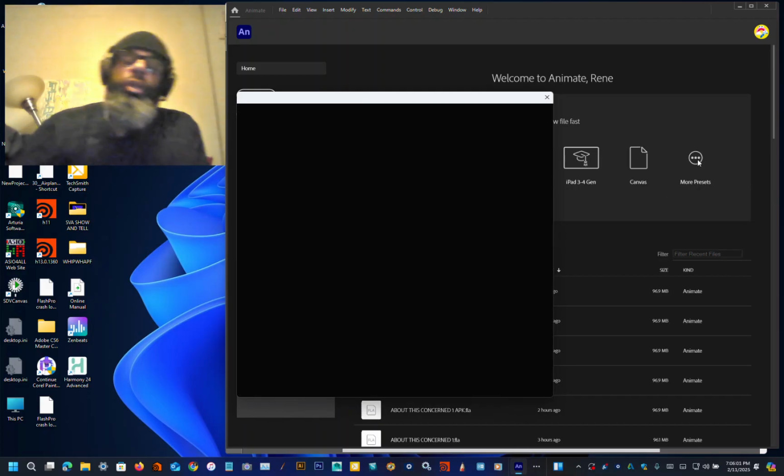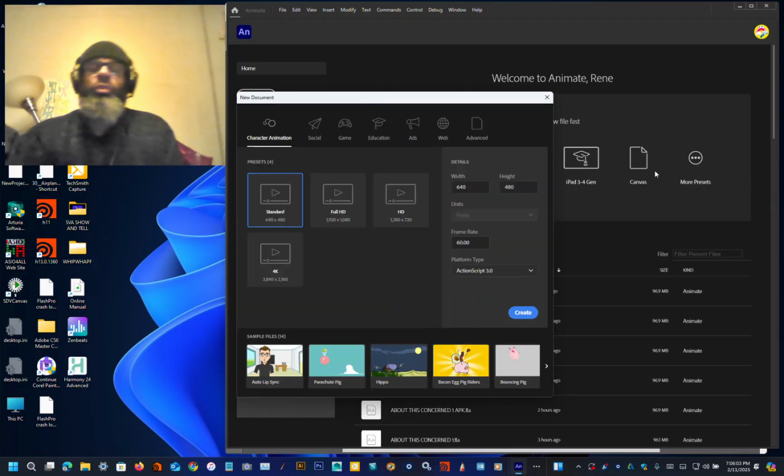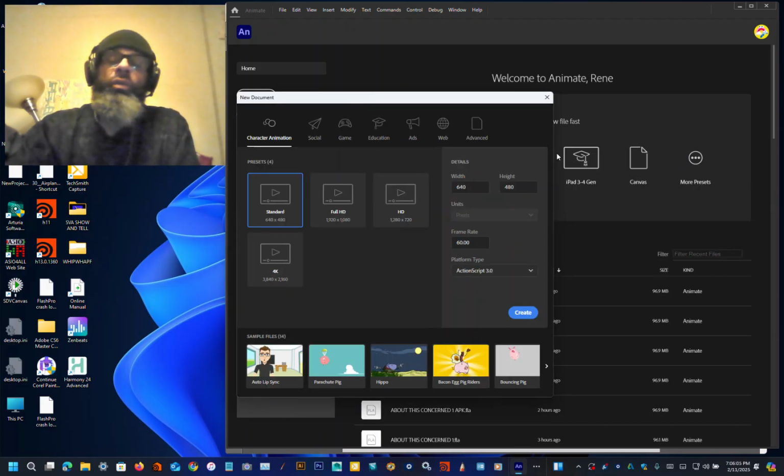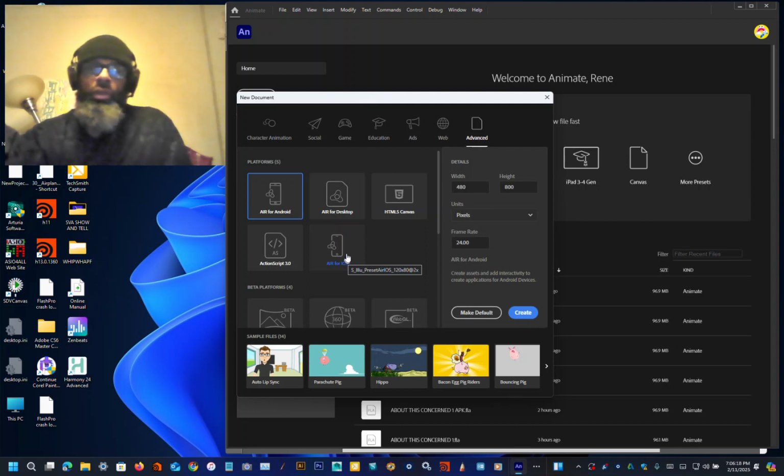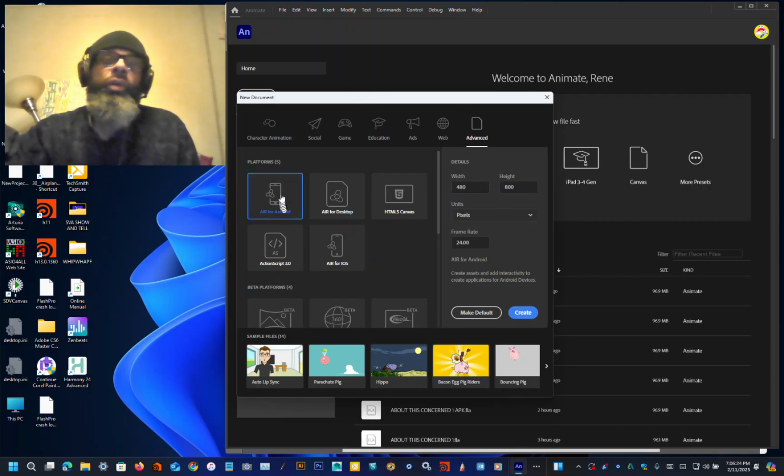Because we're going to be doing ActionScript 3.0 stuff for my lessons, I want to go to advanced, and in order to get these Air for Android, Air for desktop, and Air for iOS, you have to consult your resources to figure out how to do that, because what you end up doing is, let me go ahead and create an Air for Android,